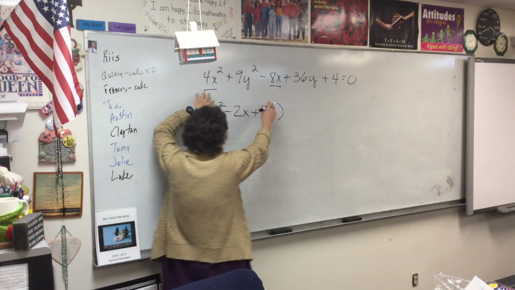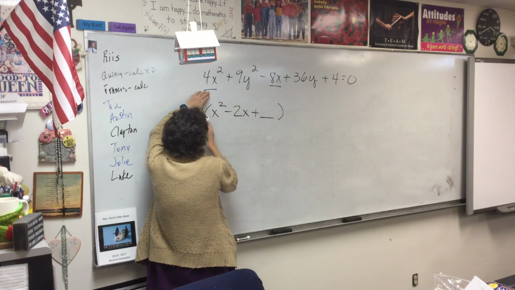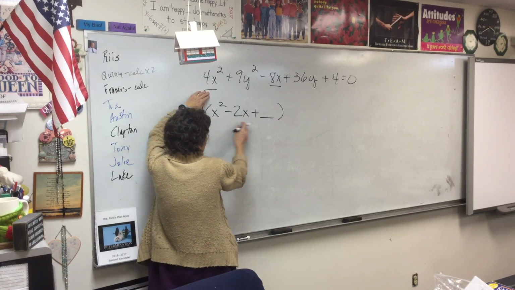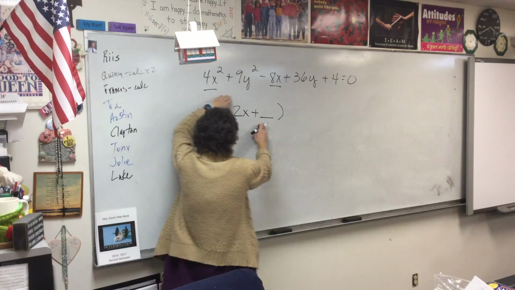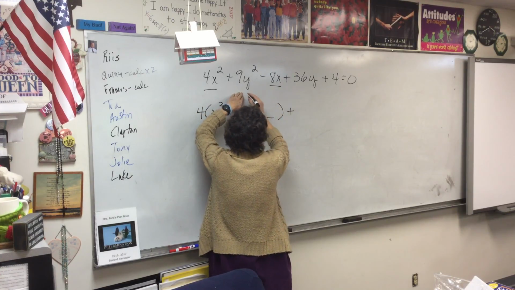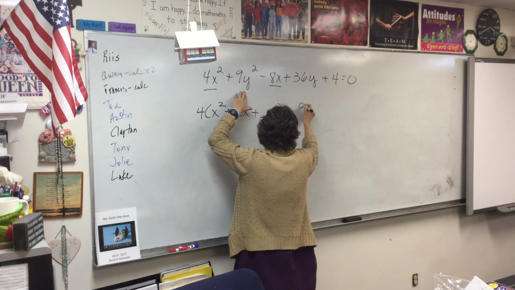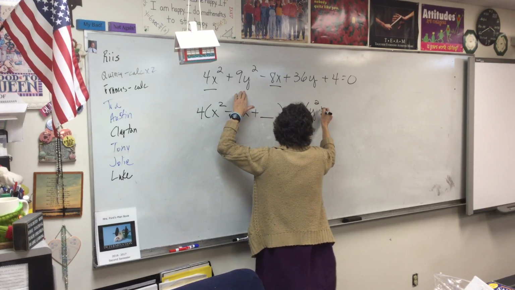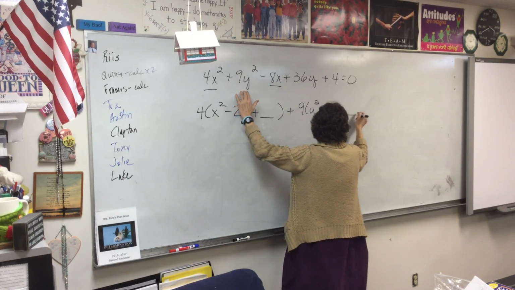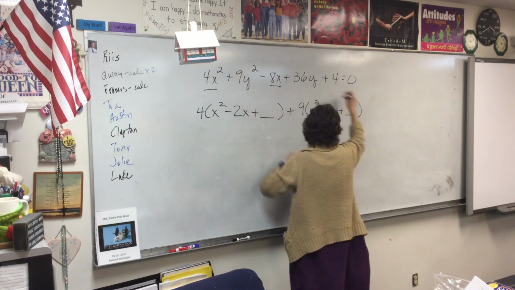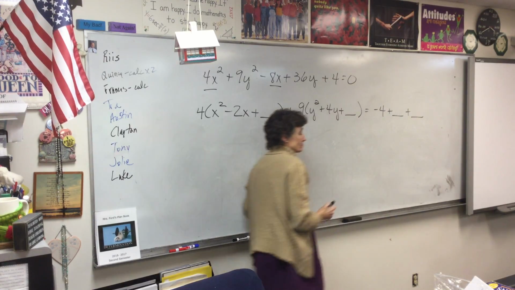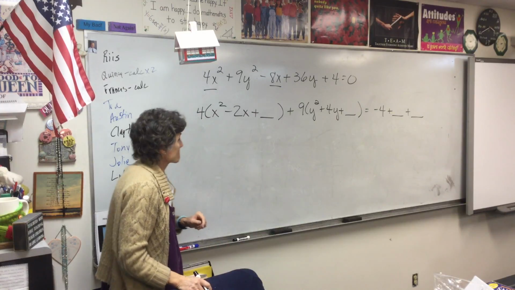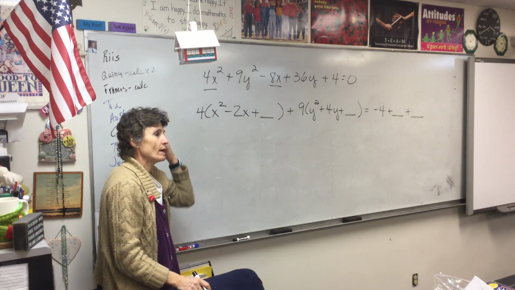I'm going to take my 2x terms, pull out the 4, and leave a blank because I'm going to complete the square. Now I'm going to do exactly the same thing with my y's, only I'll pull out a 9. And that 4 is going to the other side. So I've taken my equation,